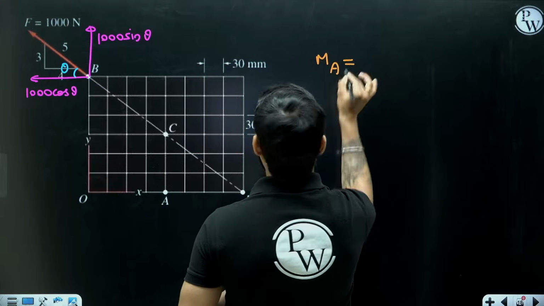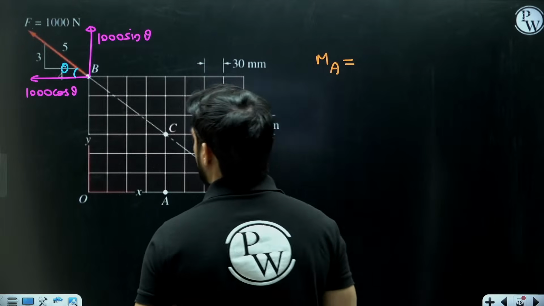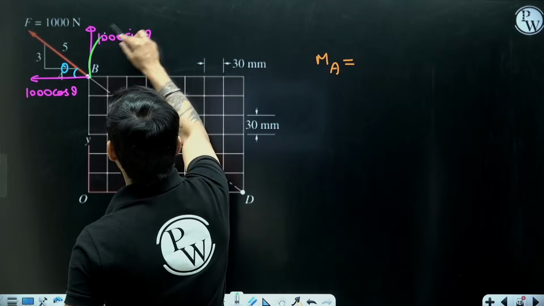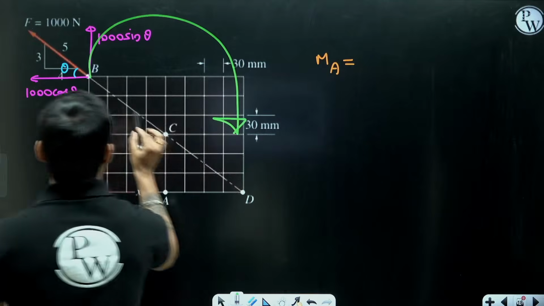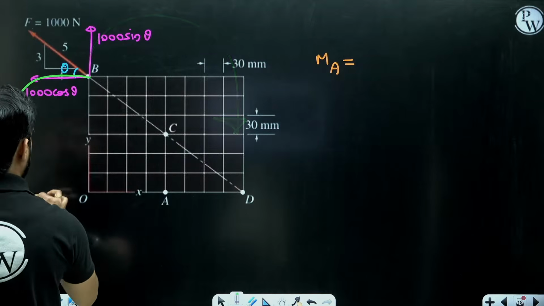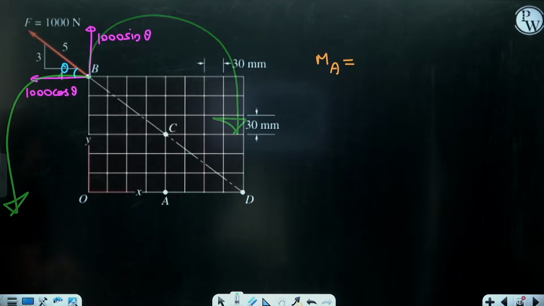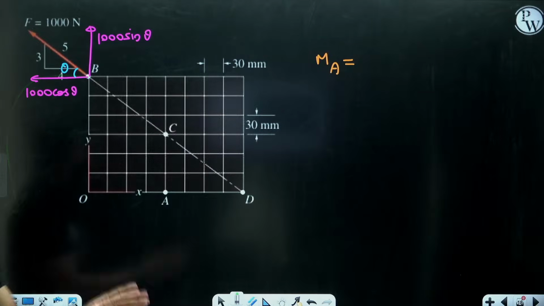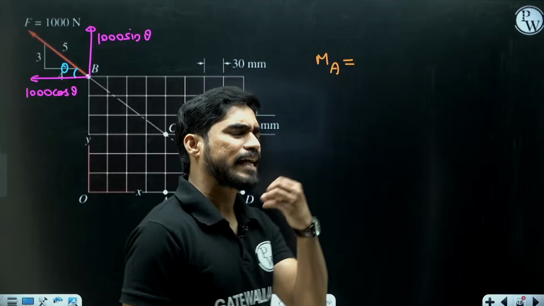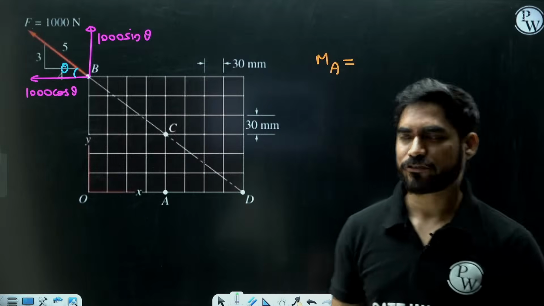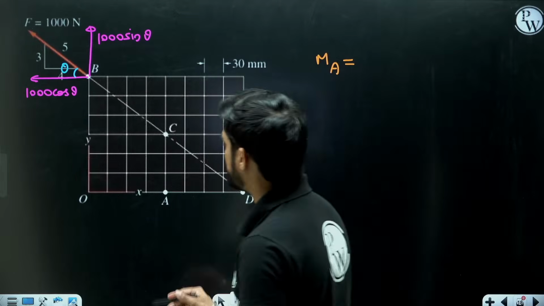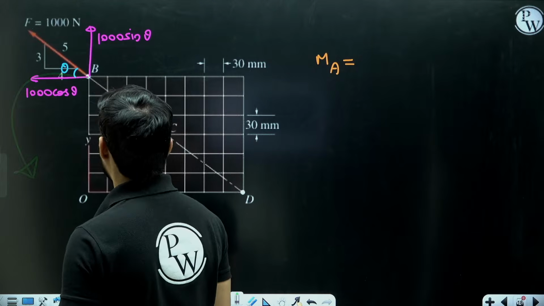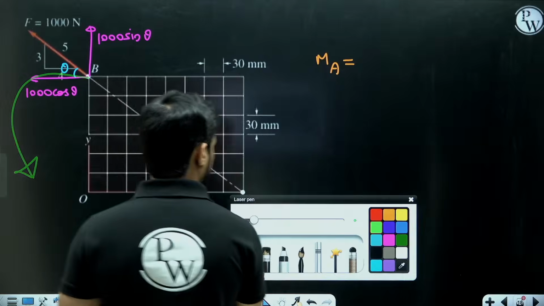So the moment at point A will be equal to how much? 1000 sin theta is going to apply a clockwise moment and 1000 cos theta is going to apply an anti-clockwise moment. Which one to take positive and which negative? There is no universal law. You can take either one positive. I am going to consider the anti-clockwise moment positive. So 1000 cos theta